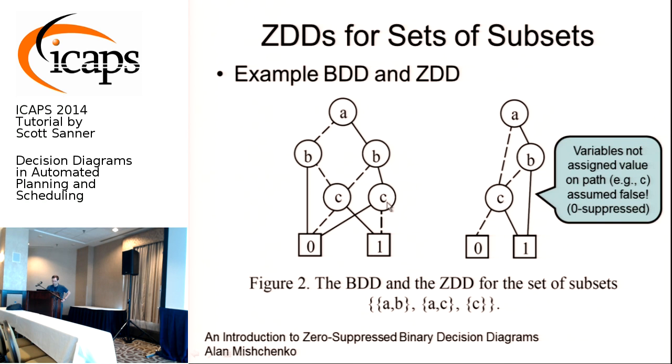And I'd have to route both branches to be 1. But again, the key difference is that here I had to say for every combination of A, B, and C was in set or outside of the set. Here, I assumed that because I didn't hit C on my traversal from root to leaf, that it was set to 0. Okay? So again, if you have a sparse subset of sets, then this can be a bit more